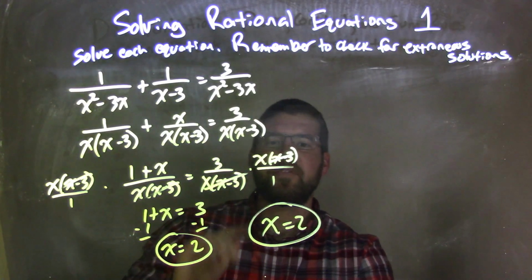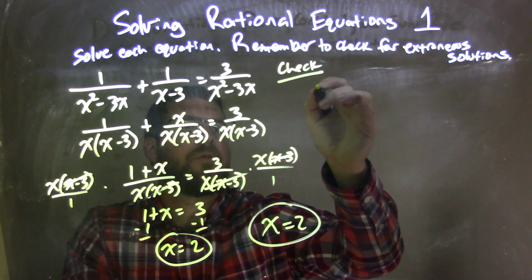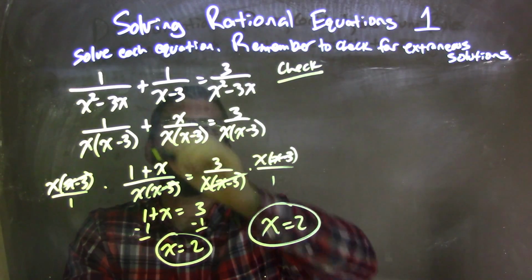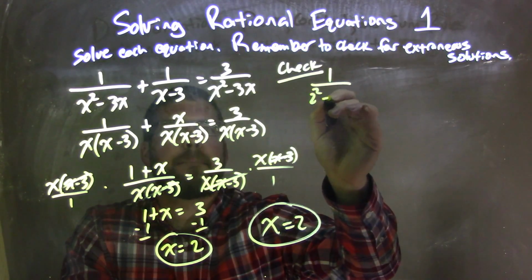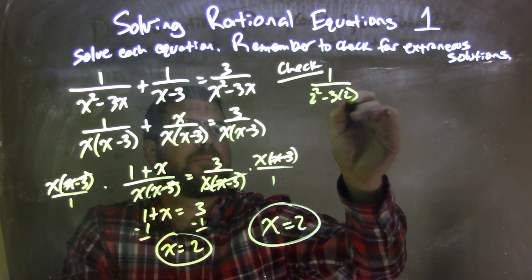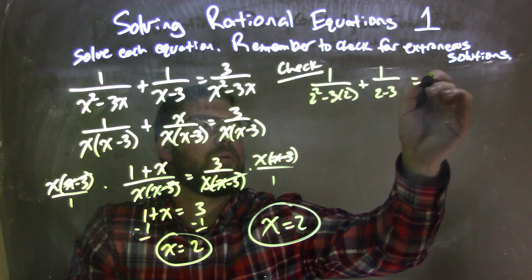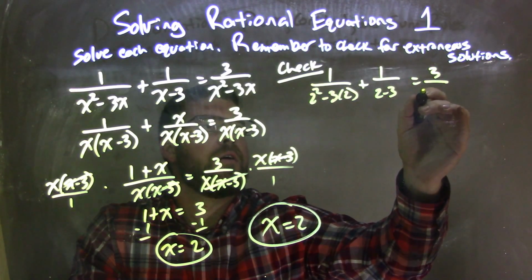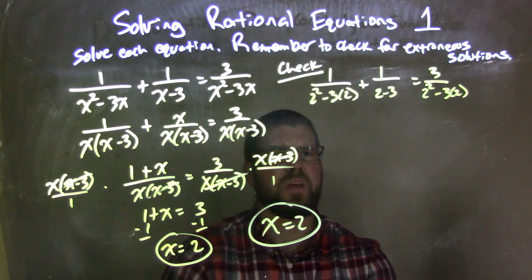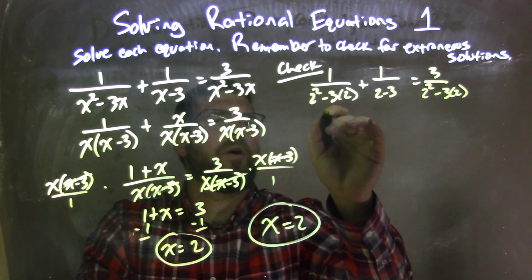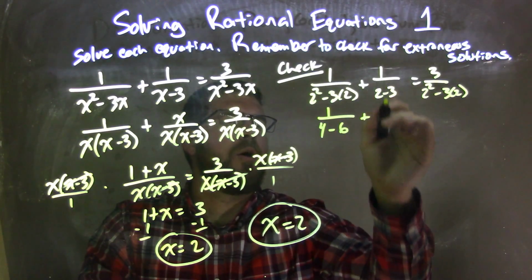But now I have to check it. Let's go check our work. To check it, I'm going to rewrite my equation and put 2 in for my x's. So I have 1 over 2 squared minus 3 times 2, plus 1 over 2 minus 3, equals 3 over 2 squared minus 3 times 2. Let's simplify this. We have 1 over 2 squared, which is 4, minus 3 times 2, which is 6,